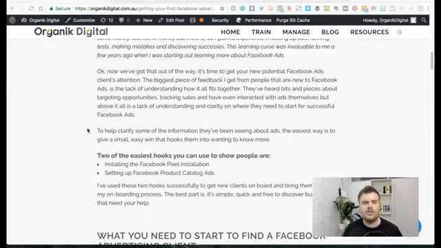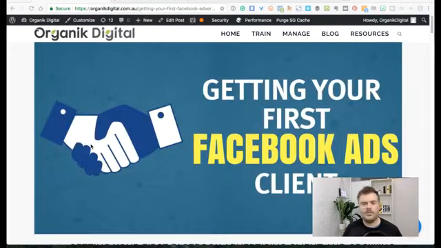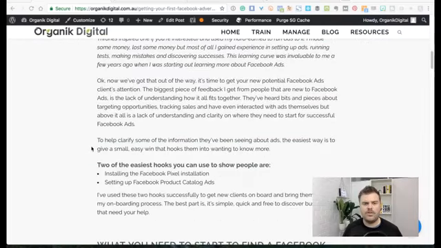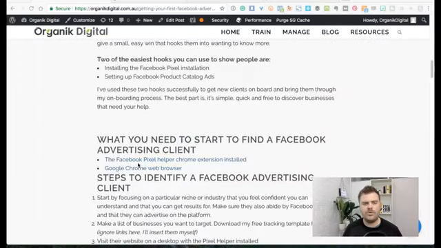I'm actually going to switch myself over to show my screen here. Yep, perfect. So there are a couple of things that you need. This is the article blog post here, by the way. There are a couple of things that you need to start this process. One is the Facebook Pixel Helper. So you need the Google Chrome web browser for starters. Then secondly, you need the Facebook Pixel Helper installed, which I'll show you exactly what that is in a second